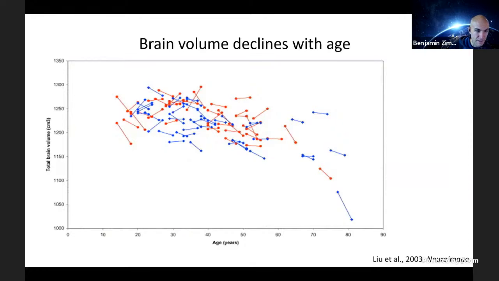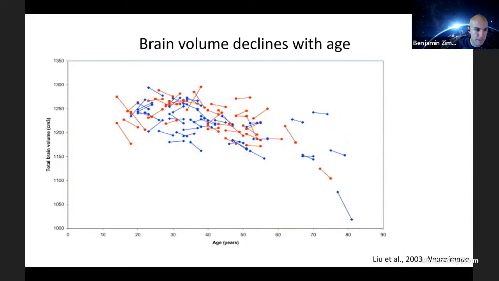So in this figure, the red, oops, I lost my laser pointer. Here we go. The red is the females and the blue are males, which isn't important at all to what I'm trying to show you, but I just took this figure from this paper by Liu et al. So I left the colors as they were. But I picked this paper mainly because it shows longitudinal changes. So that's what these lines are between connected points. So each line represents an individual's first MRI and second MRI.